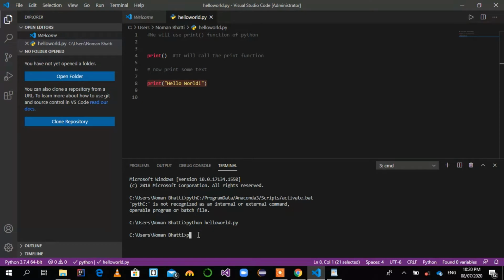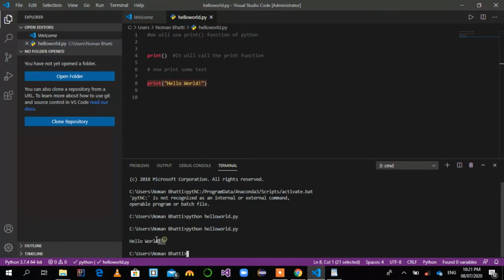Use the same procedure as we did before to print our result in the console. Here we see it prints hello world. Every Python statement ends with an end line character.